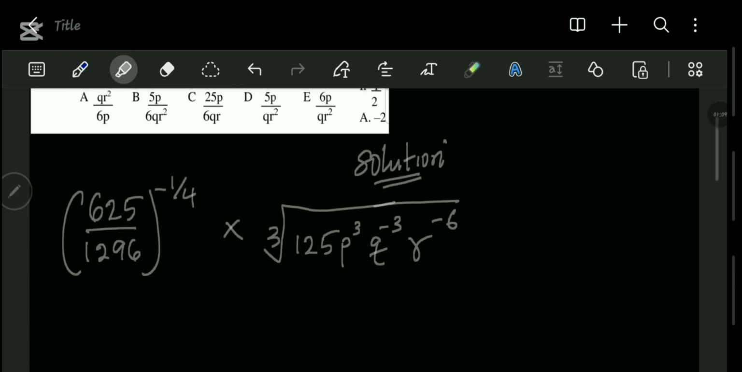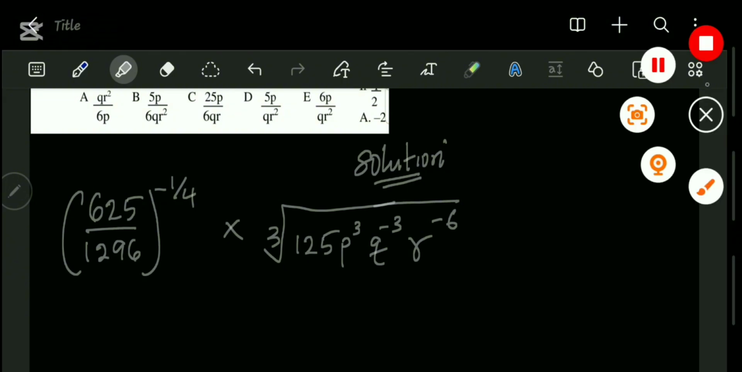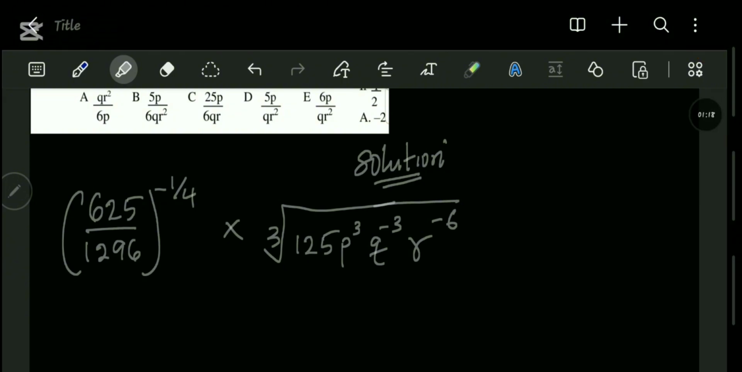The very first thing I would like us to know is that this question is under a topic known as indices, right? So for this first side, I'm going to be simplifying this side first,